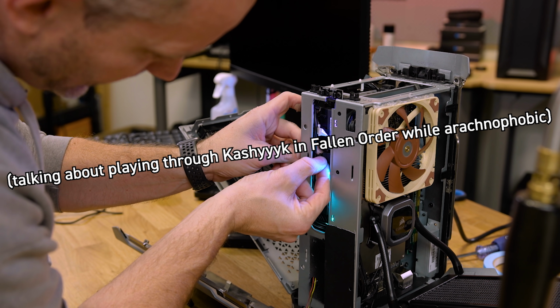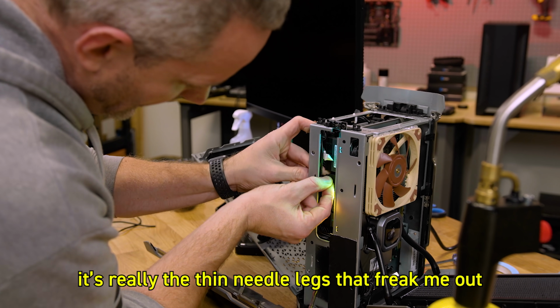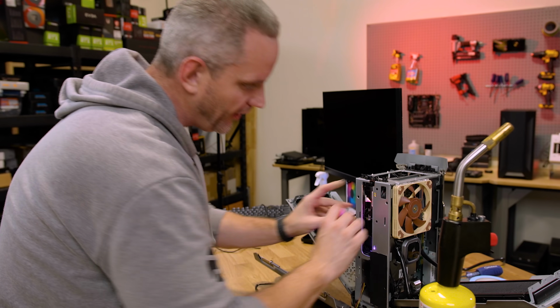Yeah, it's less arachnophobia like. It's really the really thin needle legs that like freak me out for some reason. Until they go,